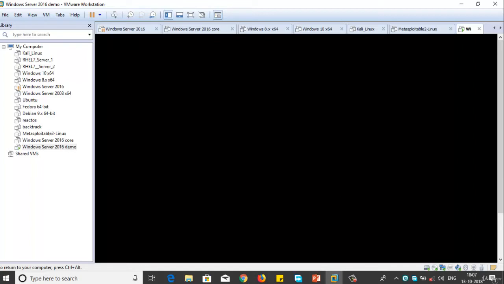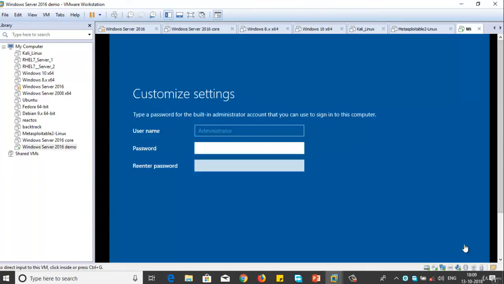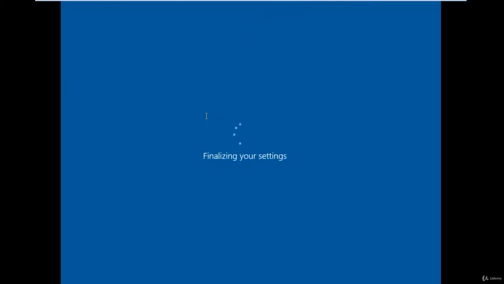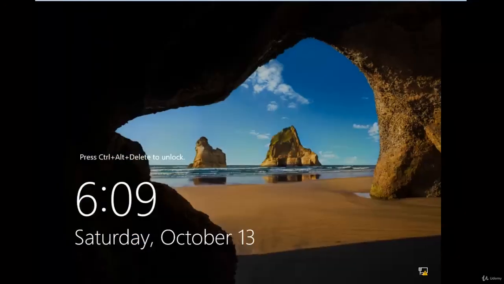Now it will take a few seconds to load the Windows 2016 operating system. Now we need to assign a password for this virtual machine. Now just click on Finish. Operating system installed successfully.